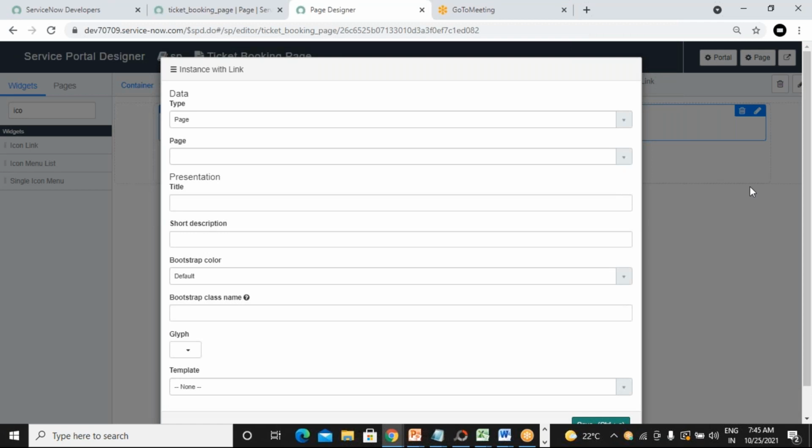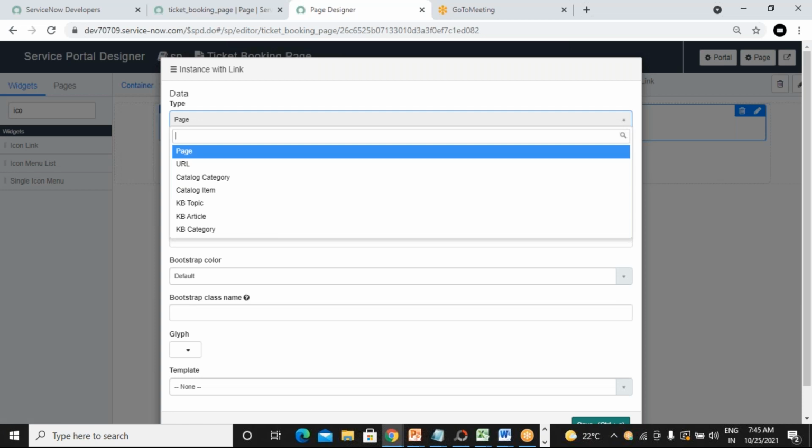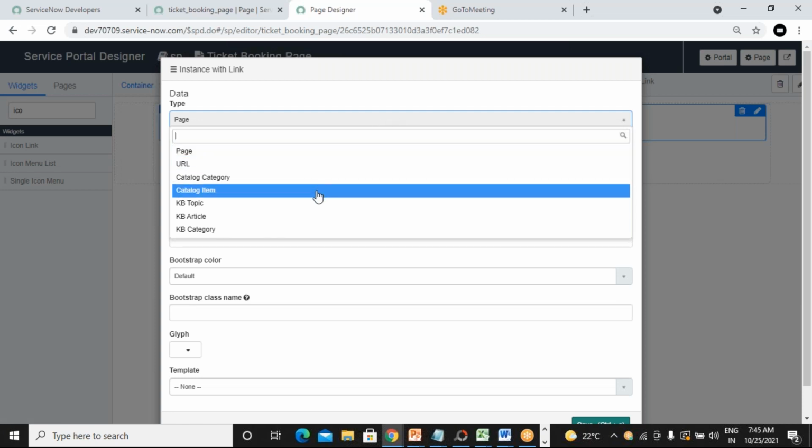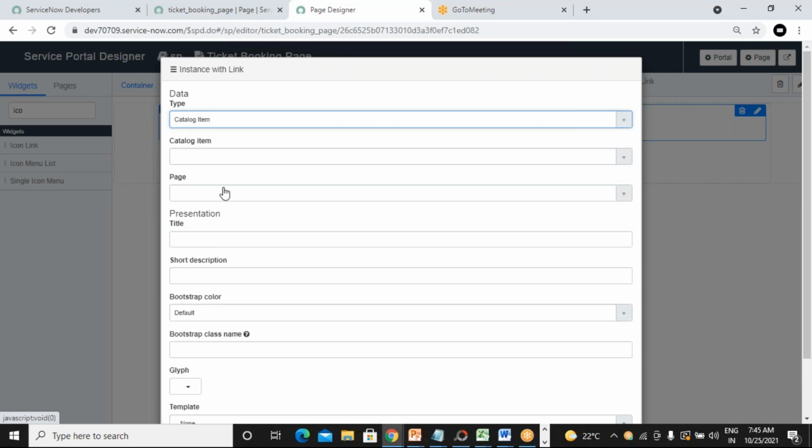Once you click on edit option, here are the details we have to configure, data, that is page. Here you can select what you want to call. I want to call a catalog item. So let me select catalog item here.